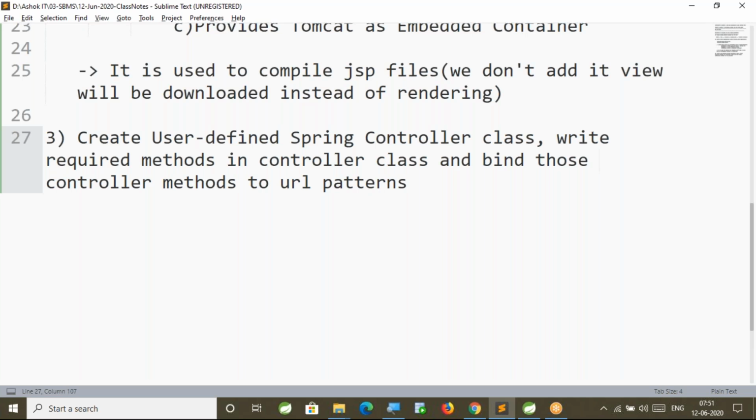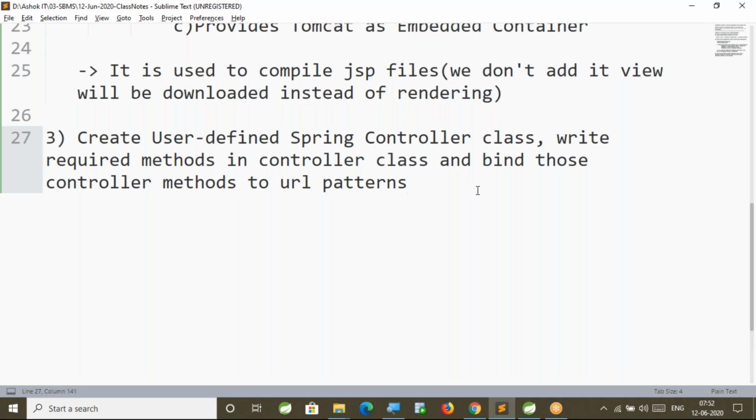When that method should be executed, we need to bind the request URL pattern to the controller method, right? We should create one user-defined Spring Controller class. In that controller class, we are going to write the required methods. Once we write those methods, we need to bind those methods to URL patterns, right?